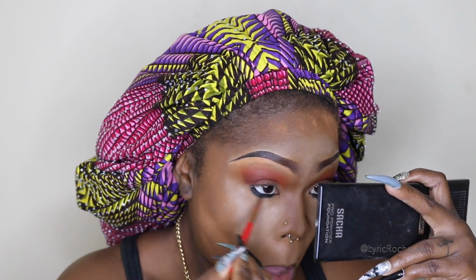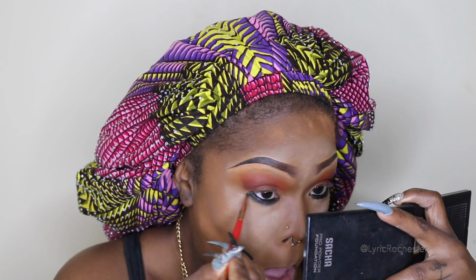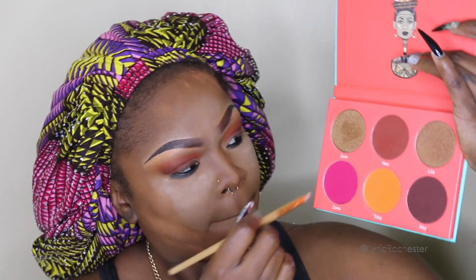Then I'll be blending out the edges. I'm just going to go on the edge, not on the waterline close to my eyeball, but my lash line. So I'm blending right under my lash line. I'm pulling it down just to blend it out so that there's no harsh lines, because I'll be actually using the pink from the palette again to go on that portion of my eyes, just to keep in the consistency